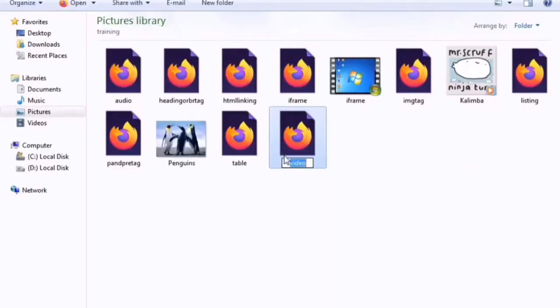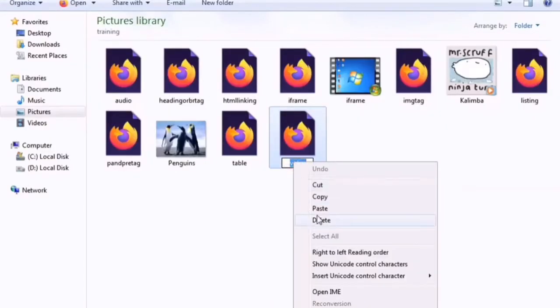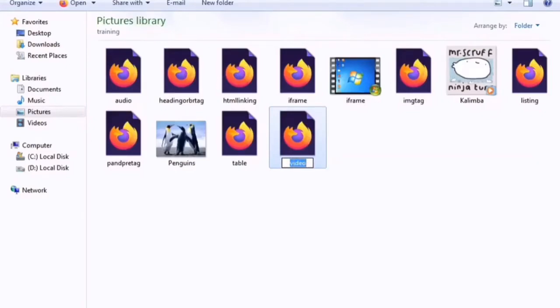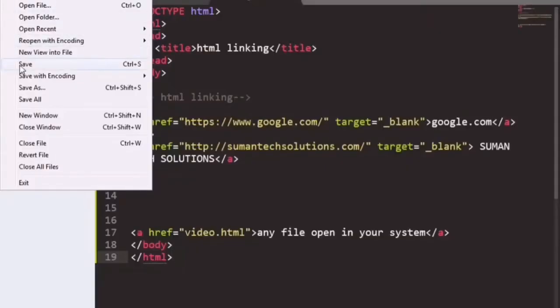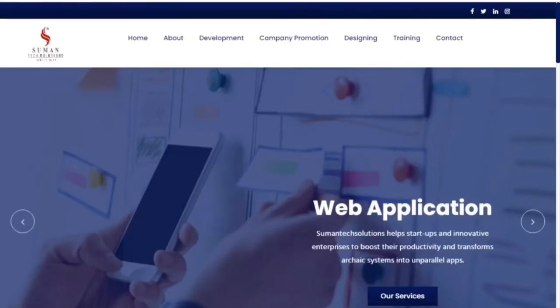Suppose I have to open this file, so I will copy the file name and add it here, that is video.html with the extension also. After this, save your page, go to the browser, refresh your page.